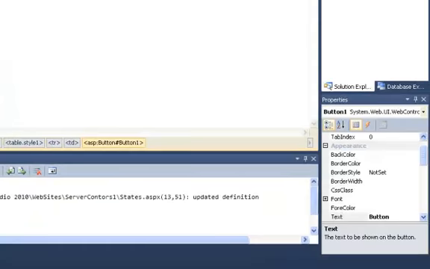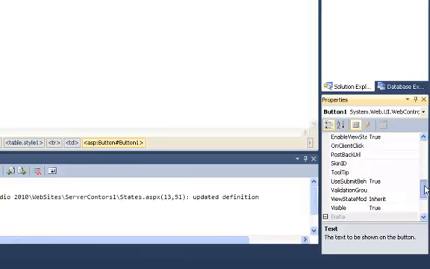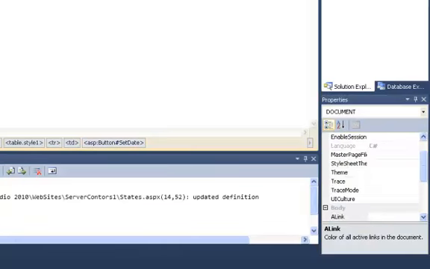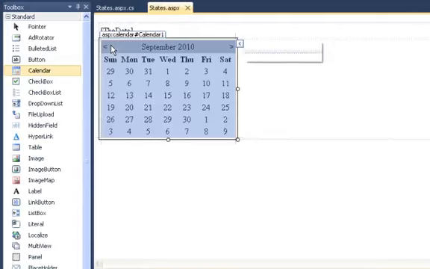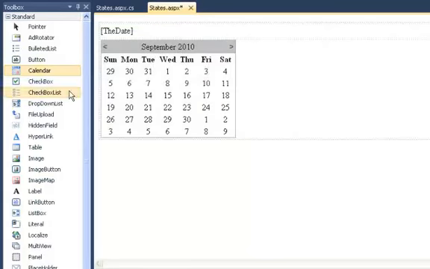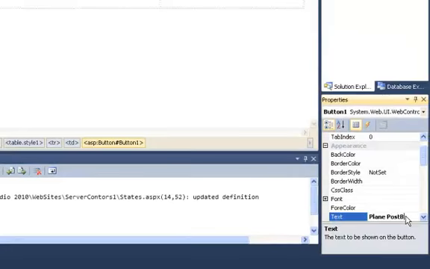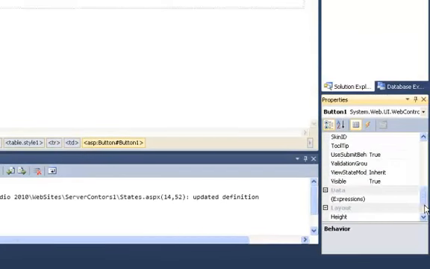cell or second column, and let's make the text of this button set date, and let's go all the way down and make its ID set date. And remember that the IDs have to be one word, you can't use spaces. Let's drag a calendar and let's drag another button and make the text plain post back